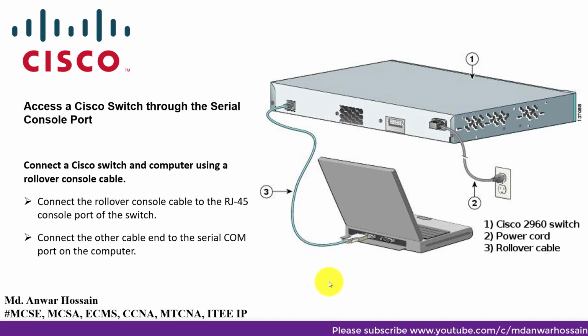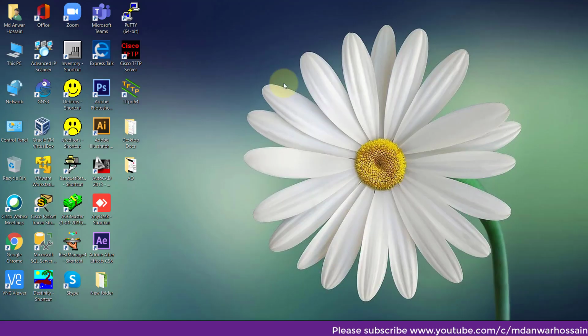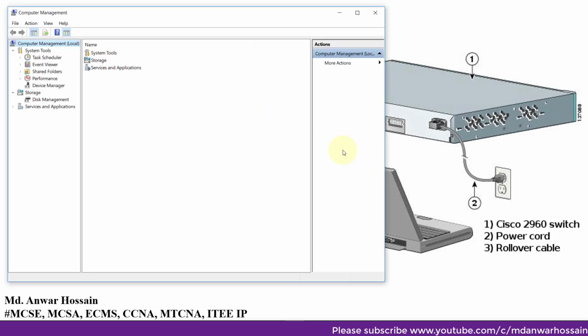So now let's go to PuTTY, and see how we can connect to a switch using the rollover cable. Before that, I need to make sure from my computer what my console port number is, because at the time of login using the console port I have to mention my serial port number.